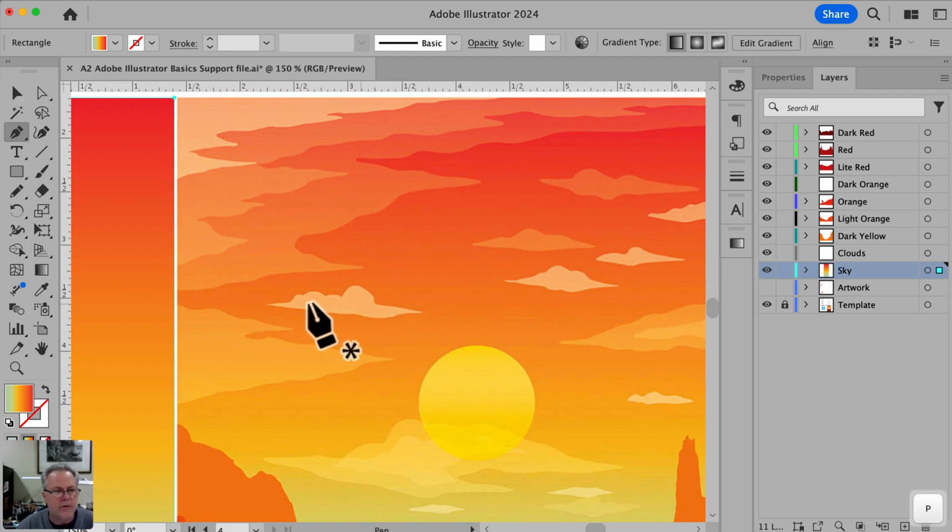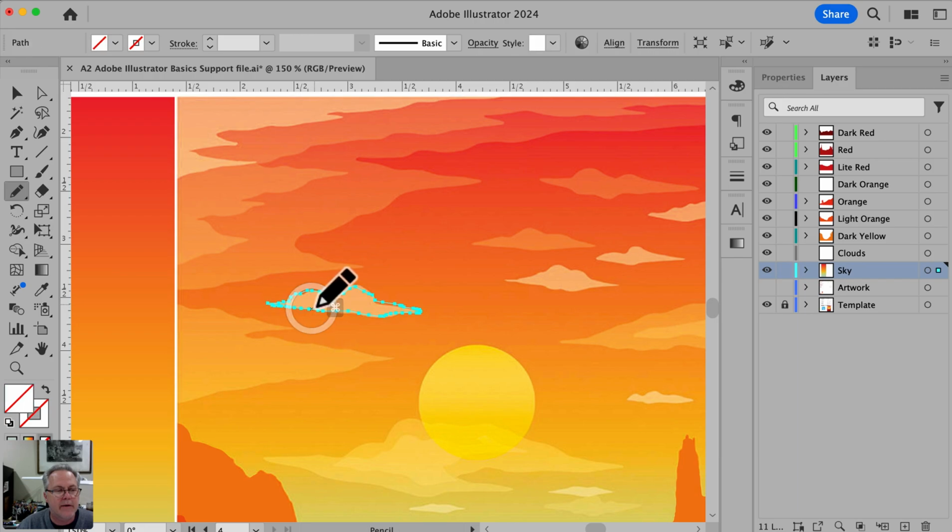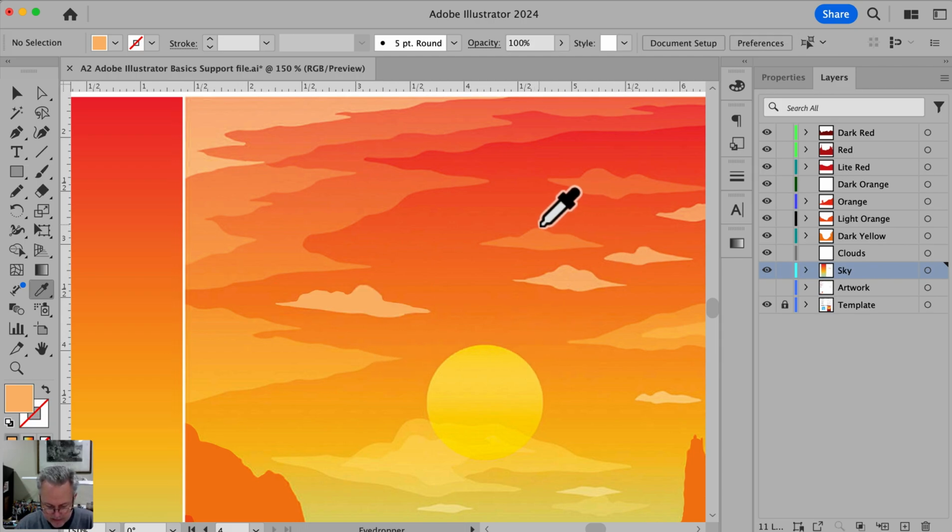Okay, so I'm going to get the pen tool, and I'm on the cloud layer. You can take time doing this, but I'm going to go rather quickly. Okay, so there is my cloud. I could just eyedropper it. I'm hitting I to get to it quickly, and then select it. That's fine. Another way to do it that may be more accurate and might become useful for you later on is when you draw these,